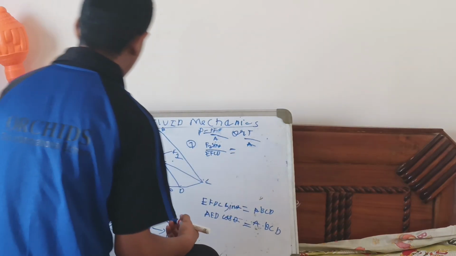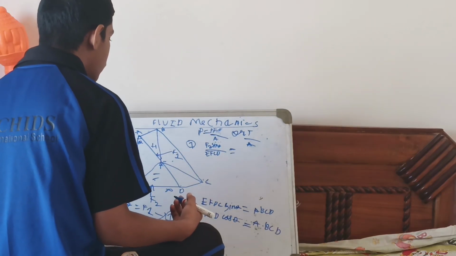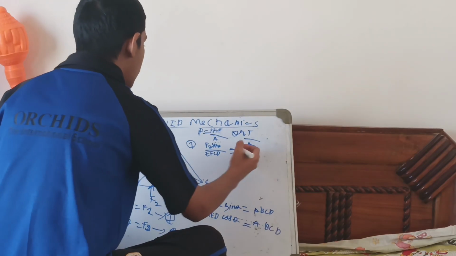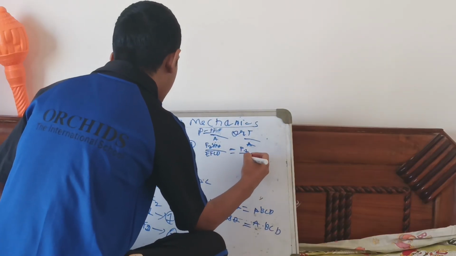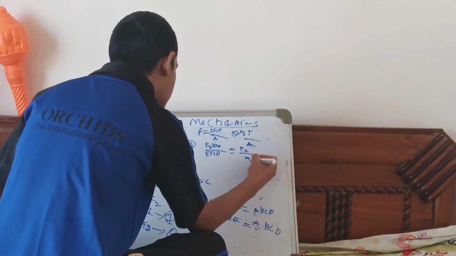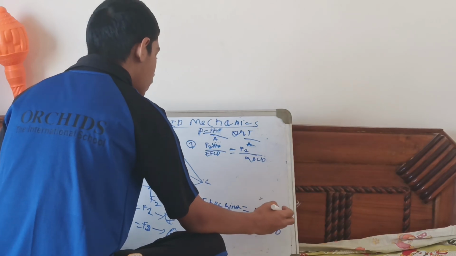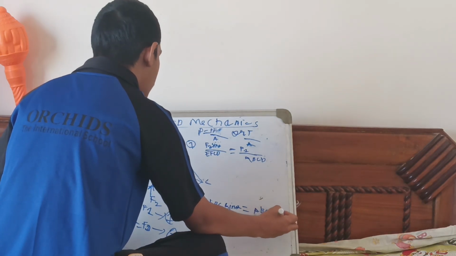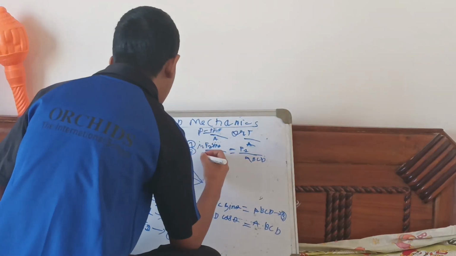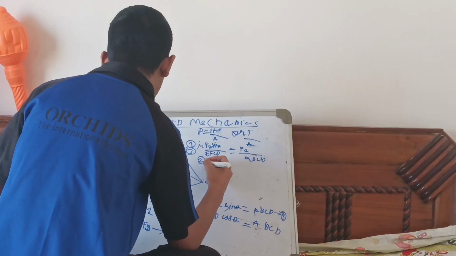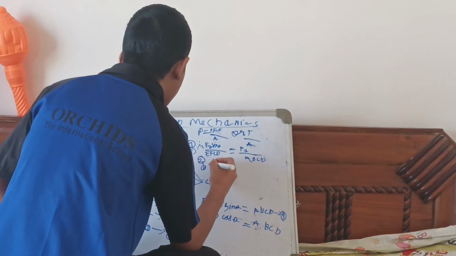equal to F1 by ABCD. This is equation 3. I hope you will understand. And another, equation 2 in 4, we will get the same